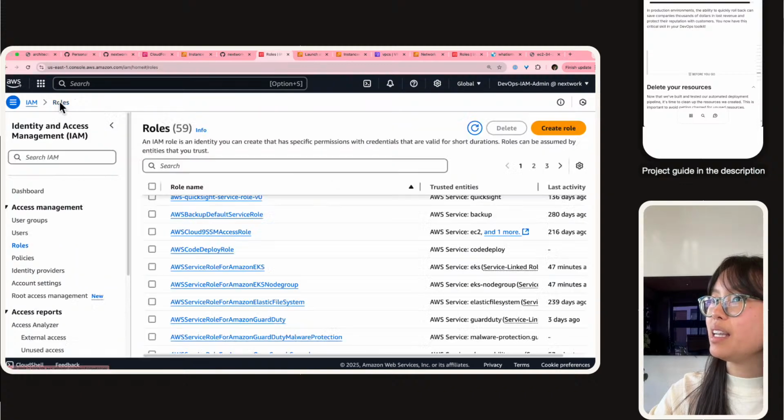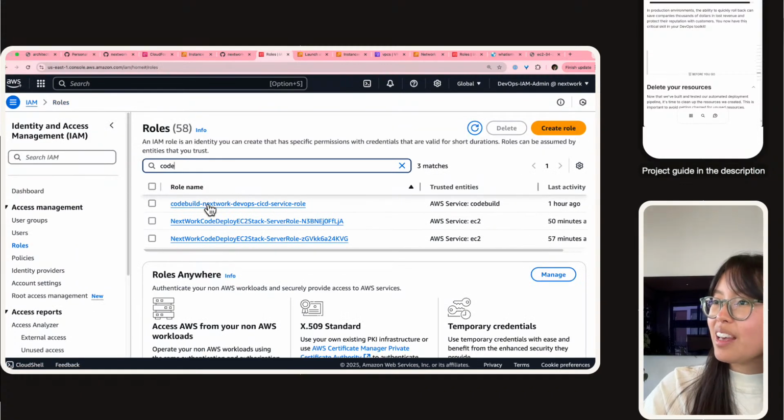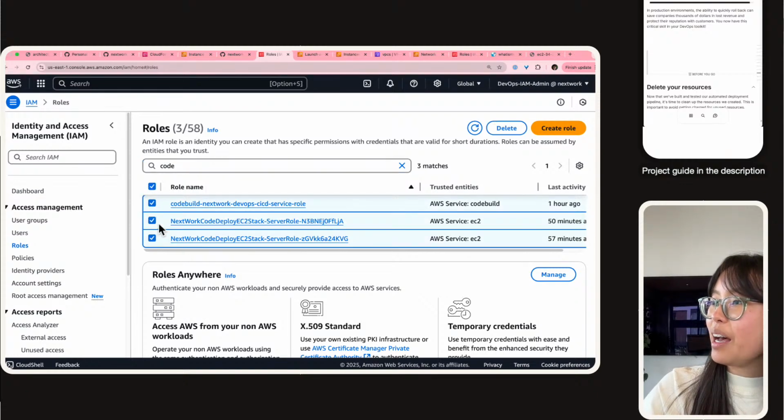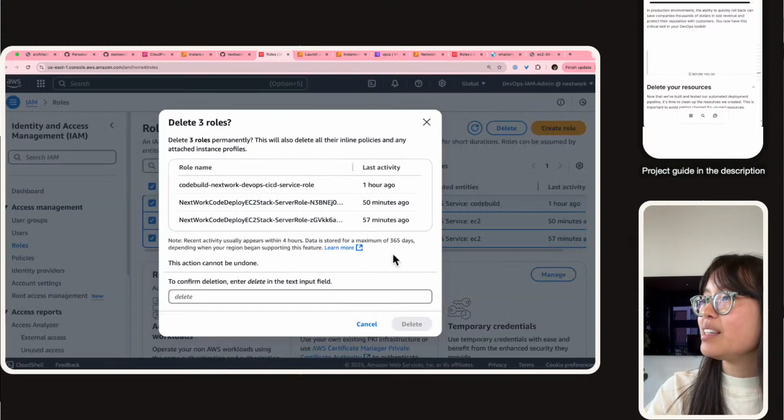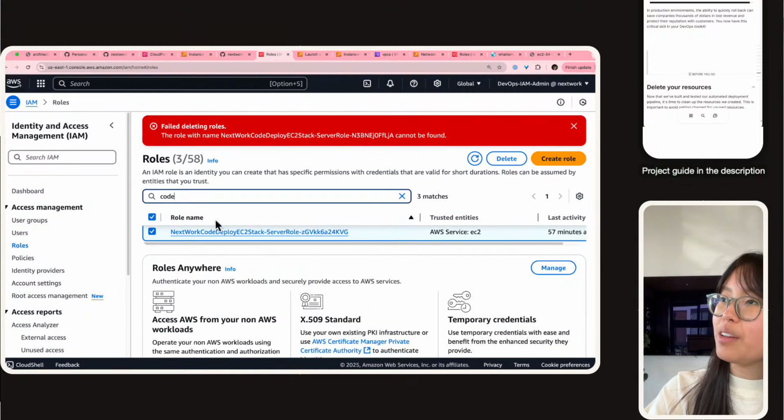And what else do we not need anymore? I think a fun way to filter it is by going code, because all of these are probably code tools that we created, code service related tools that we created. So we don't need these roles anymore. They were created for